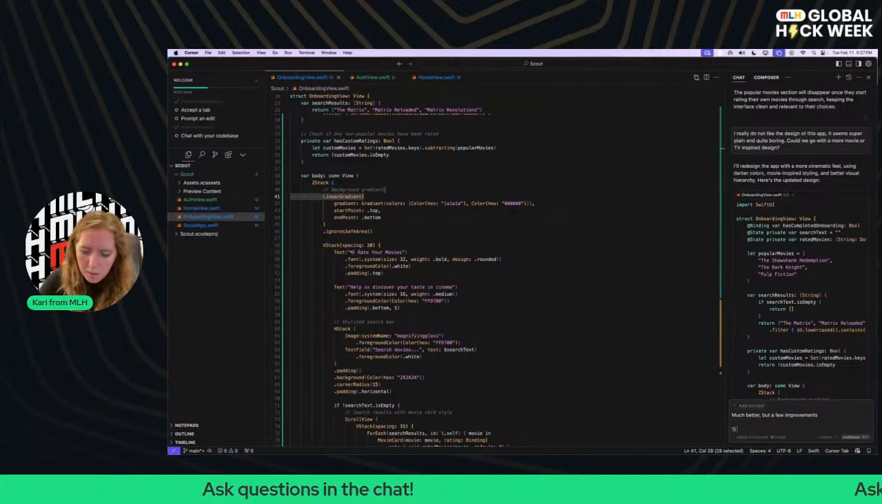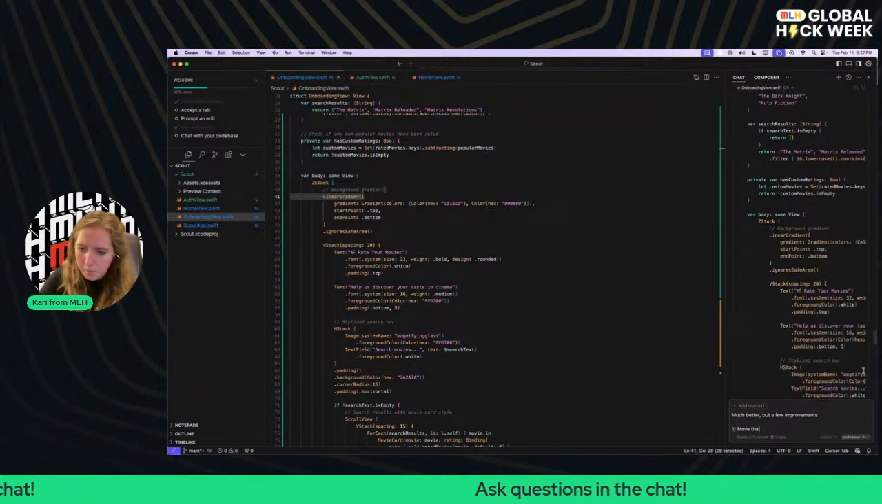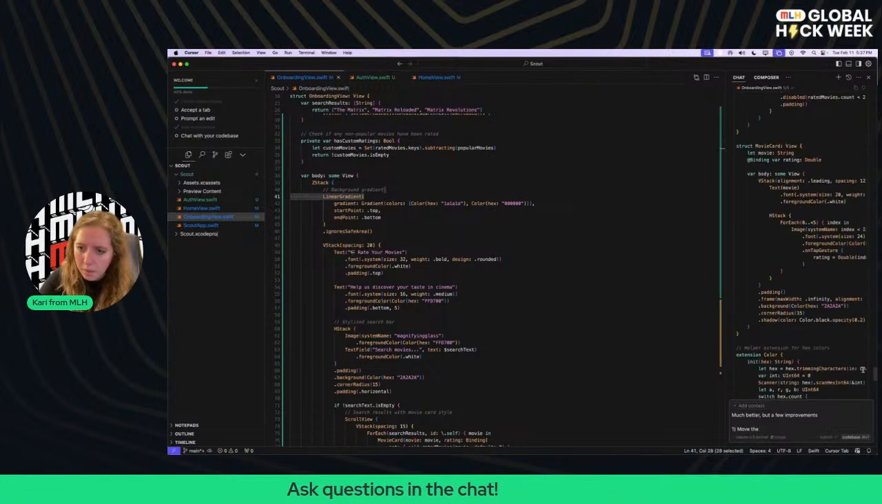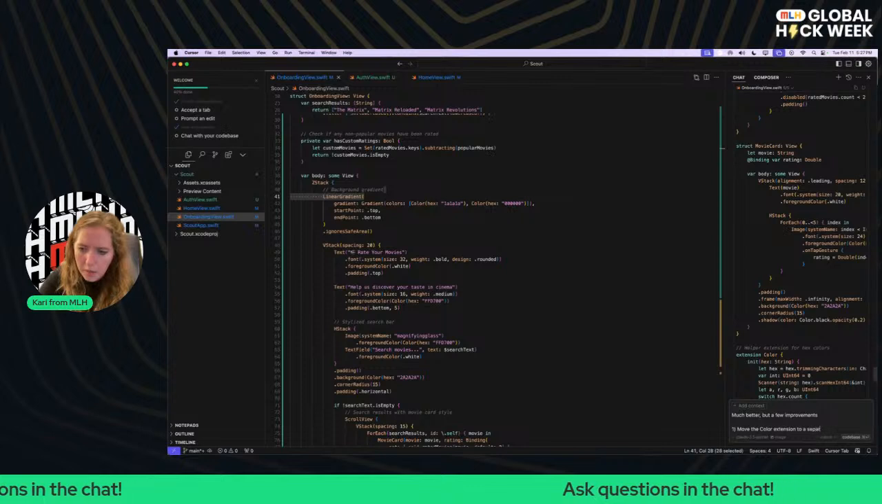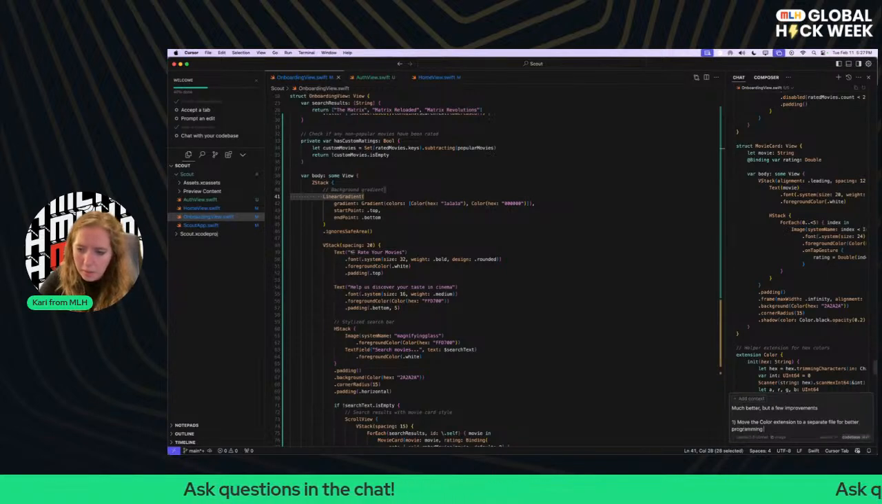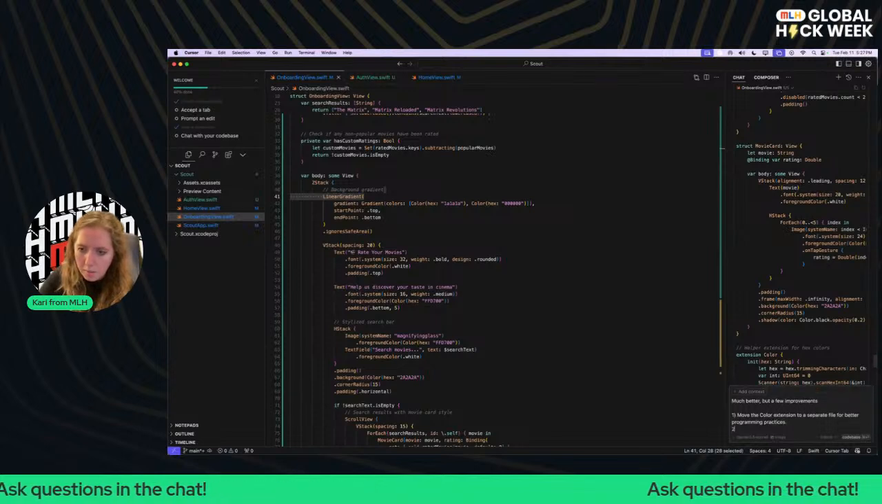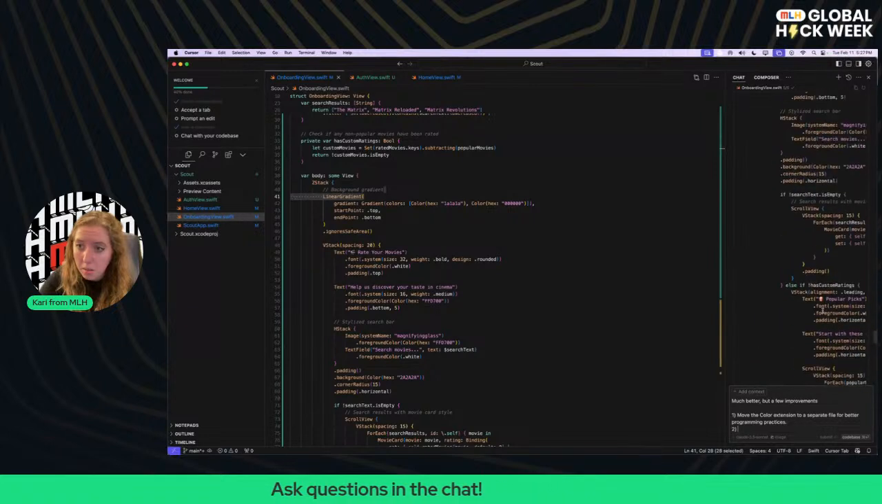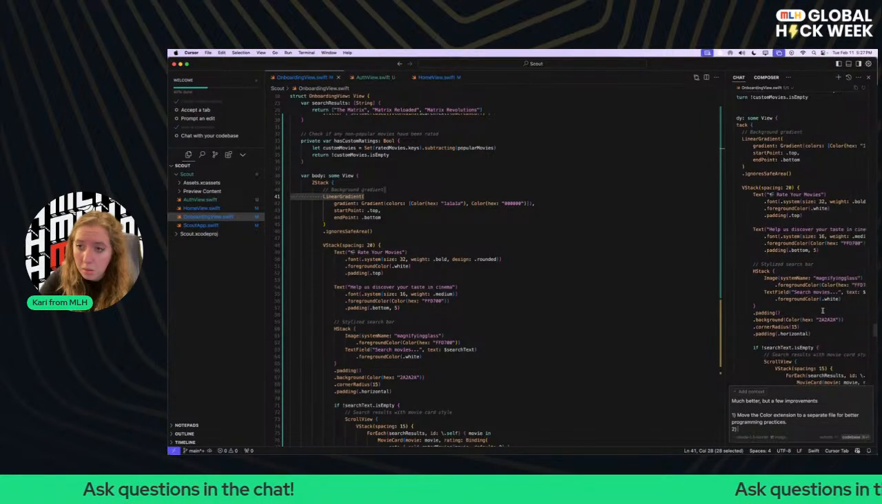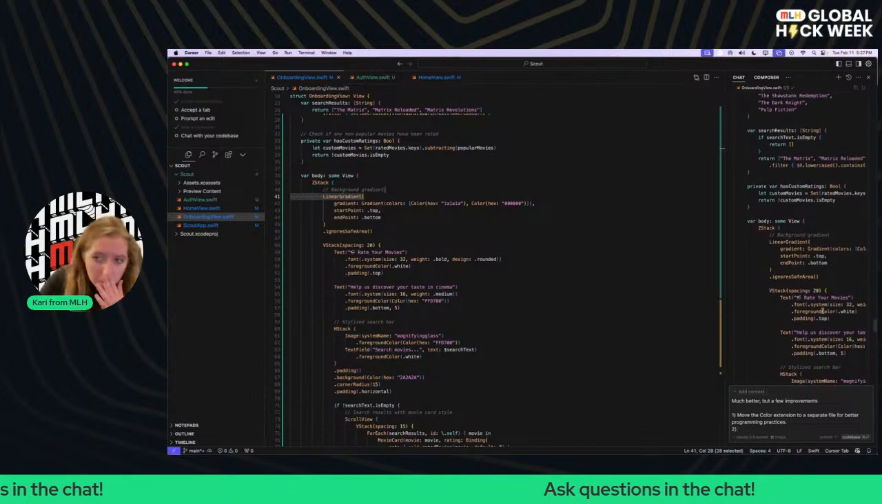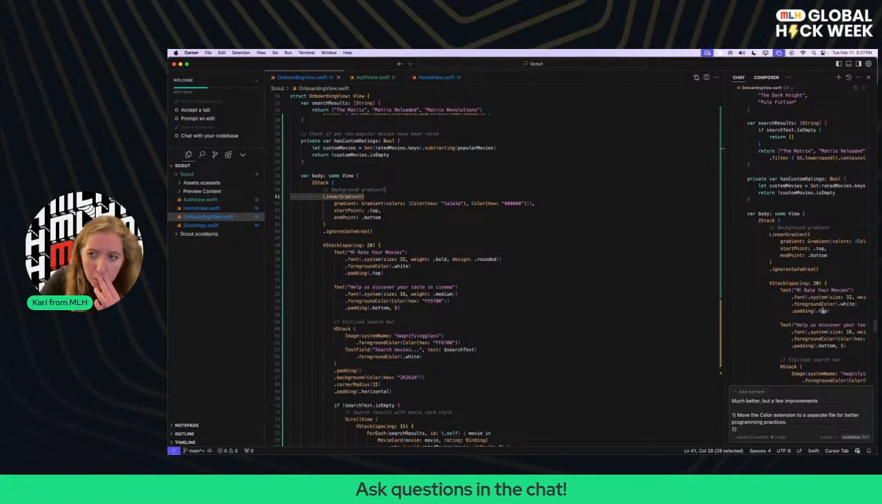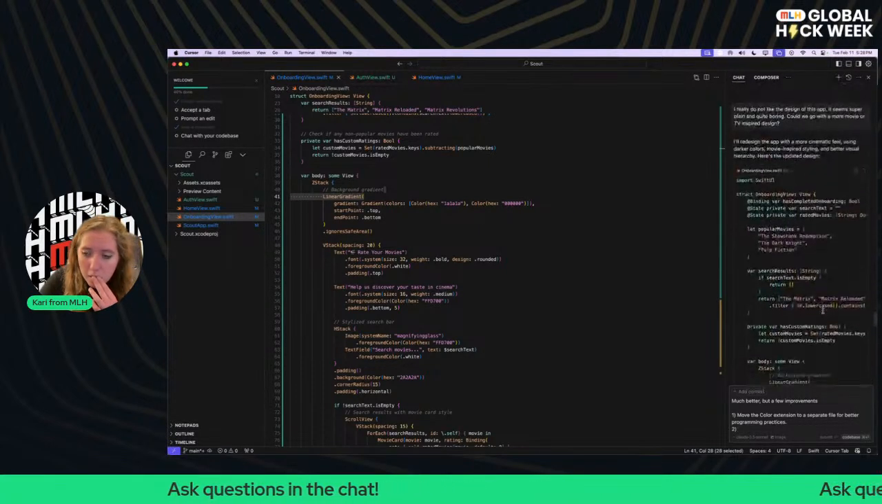Number one, let's move the color extension to a separate file for better programming practices. Then number two, let's see what else. Yeah, we do kind of need a zero because by default 0 means no score. Then the next thing is